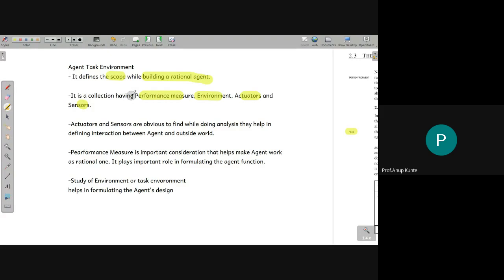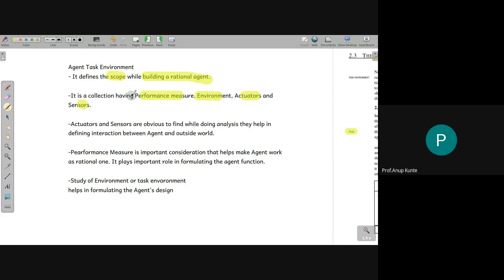And what I've done over here is I've listed what kind of role they play in building a rational agent. The actuators and sensors play the role of providing the ability to the agent to communicate with the environment. Okay, so the sensors will be able to pull data from the environment to the agent, and the actuators will give the facility to push the actions as they are referred to. Why do we call them action? Because we are going to manipulate the state of the environment.